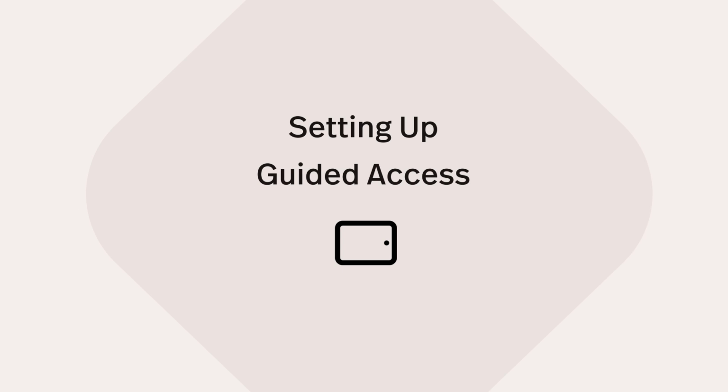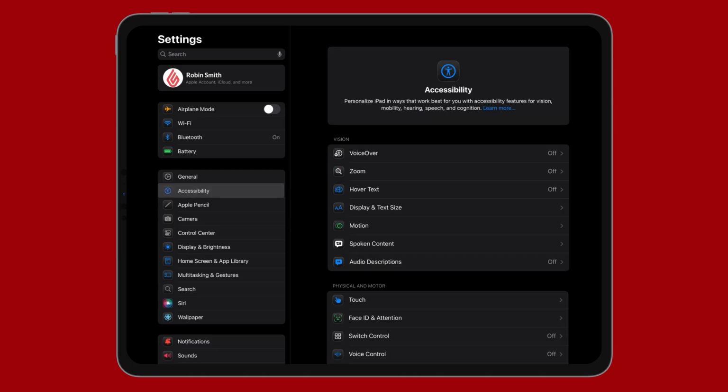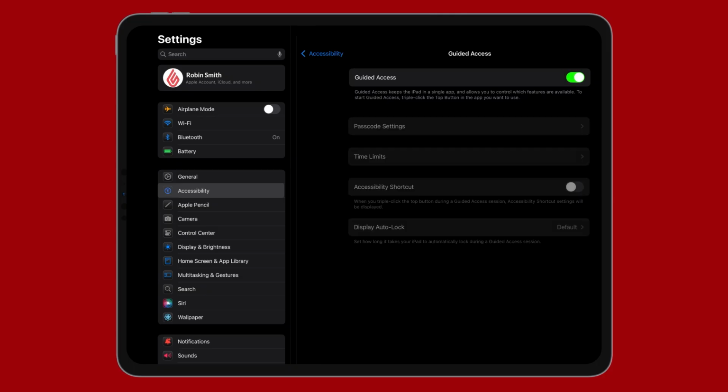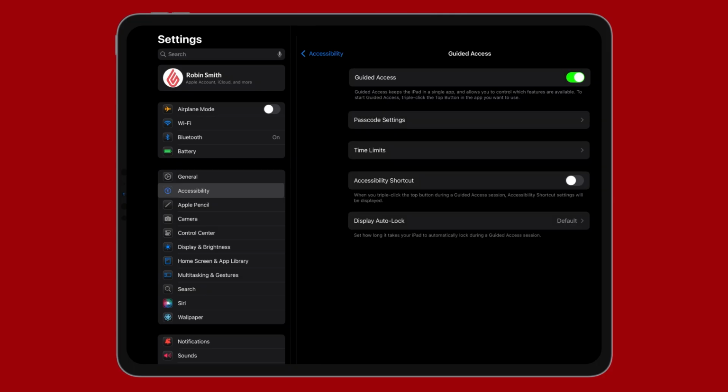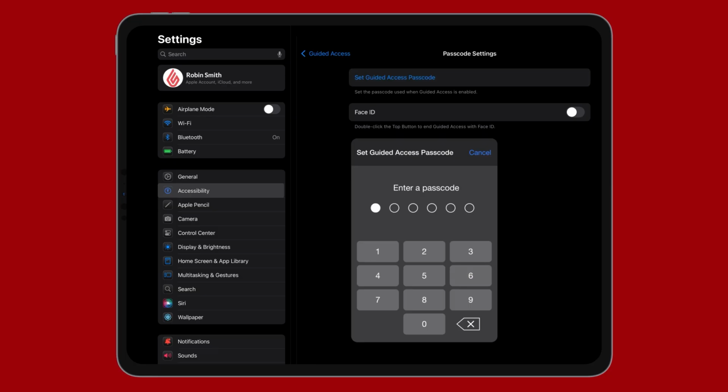Before leaving the Settings app, we also suggest enabling guided access. This feature prevents anyone from closing the Restaurant POS app while it's in use, ensuring any passive POS devices will stay connected to the active POS device and not go offline. Tap Accessibility, Guided Access, and toggle on the Guided Access setting. Then, select Passcode Settings. Tap Set Guided Access Passcode and enter a passcode that you'll use to exit guided access